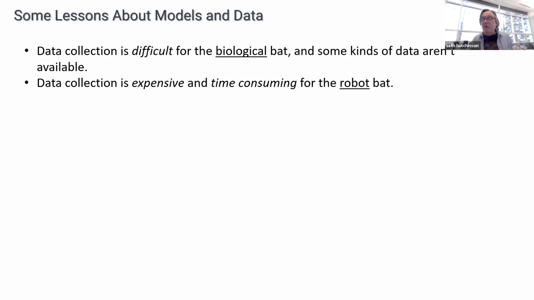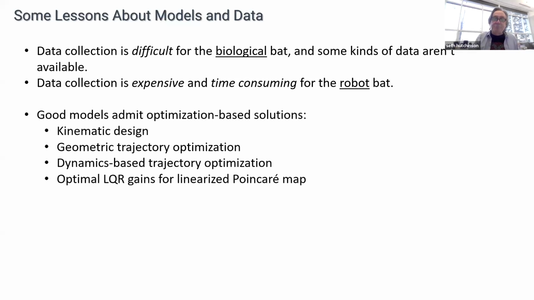Every time the robot hit the ground, there was a pretty good chance that a piece of it would break. It was all 3D printed stuff. When something broke, it had to be replaced and glued back together, and it takes hours for the glue to cure. So the expense of repairing the bat robot, it's not that it costs so much money for new 3D printed parts, it's that the students and the postdocs working on the project just have to sit around and wait until the glue dries, which means come back tomorrow. Right? So every time the robot breaks, you're done for the 24-hour period, basically.